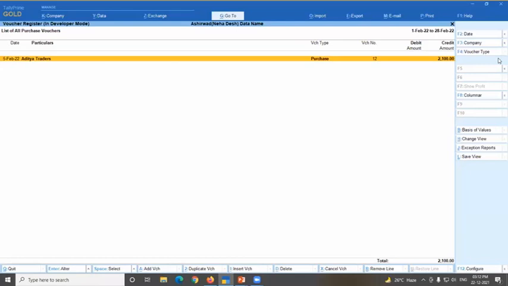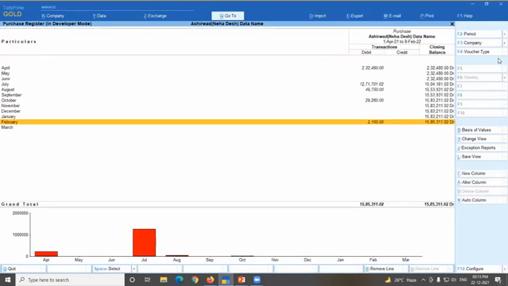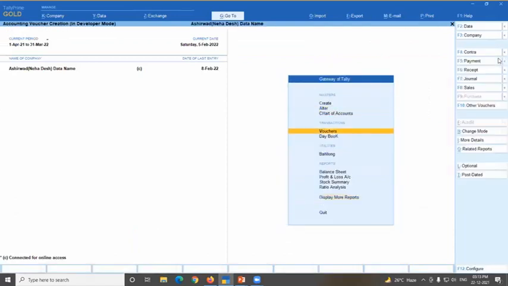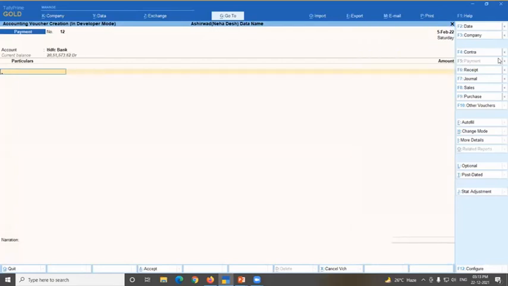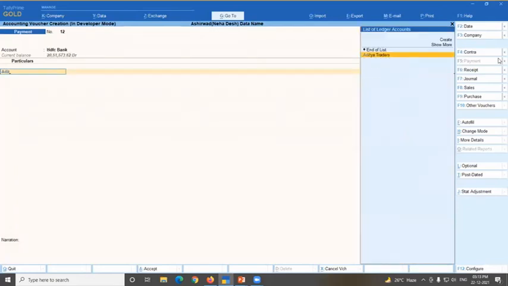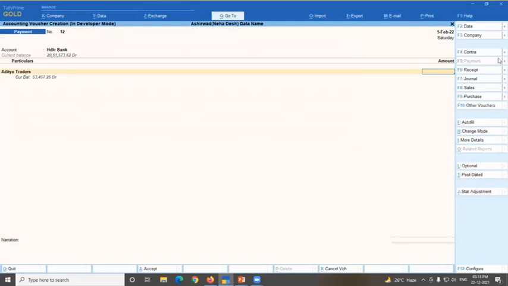See, Tally is showing you bill-wise outstanding. Tally is showing you interest calculation. Tally is showing you many reports. Suppose I am going here and taking one payment entry for that party. Any payment I am going to enter for that party, and let us take 40 rupees.